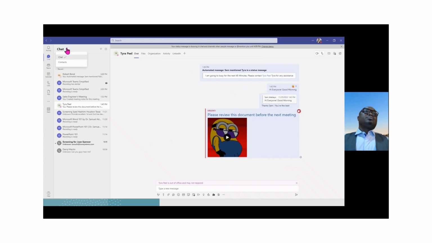So let's start by creating a new chat here. One second. So you can filter by name the people that you want to chat to here. You can change the status of your chat. You have unread, you have chats, you have meetings, you have apps, you have muted. So you can change the setting of your chat as well. So you can also chat by name. I can say Kevin.